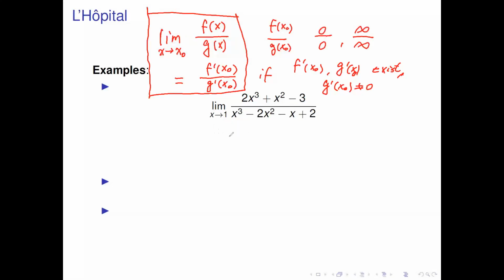Okay, this is an example. This example is very simple. Okay, the answer is